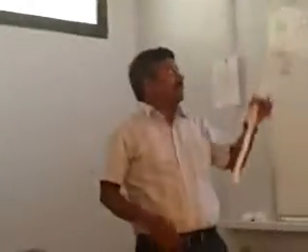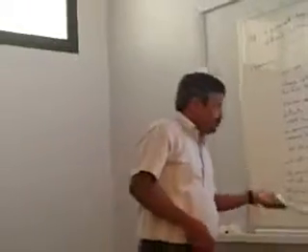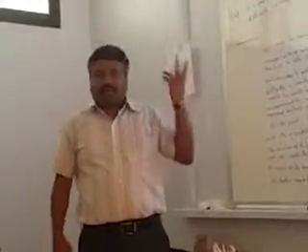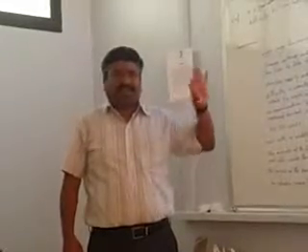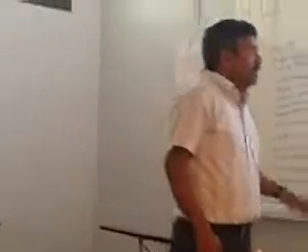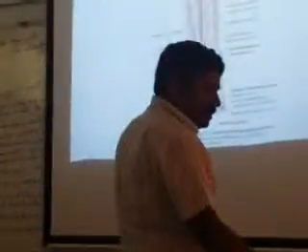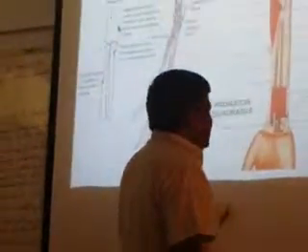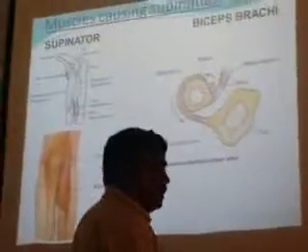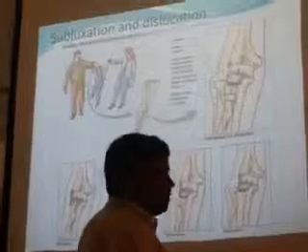Very important. They also call it the mid-radioulnar joint: proximal, distal, and mid-radioulnar joint. You can say it is a fibrous variety of joint. This is all about it. The muscles, as I already explained, are the pronator teres and pronator quadratus, and biceps and supinator.